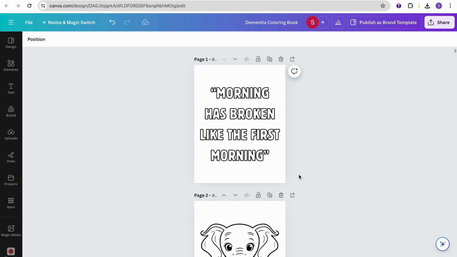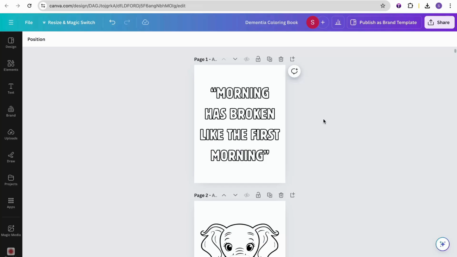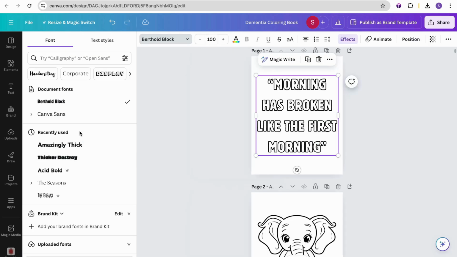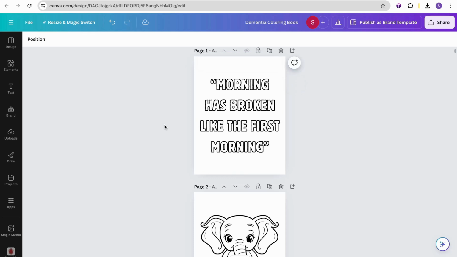The idea is understanding how you can get templates from a website like Creative Fabrica and also how you can use elements within Canva. As you can see, we've added in some text. We've changed a different text here. We've added in effects. I'm just showing you how to play around with Canva, and you can ultimately make whatever product you want with Canva as long as you understand the basics of how to use it, which you hopefully